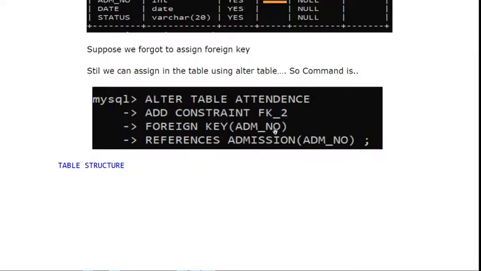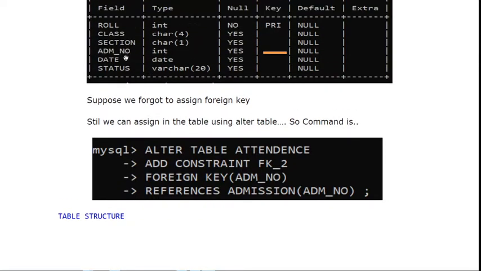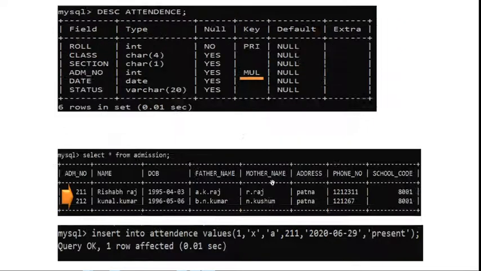So the ADMNO column of the current table is connected with the ADMNO column of the admission table. Now check the structure. When you check, you will find MUL, meaning the foreign key is created, and this admission number is now linked with the admission table.